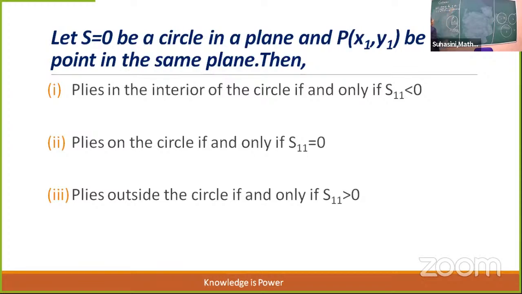The first case is inside the circle. So the point is P. Let us see how we can deduce the algebraic condition that S11 is less than 0. P lies inside the circle if and only if